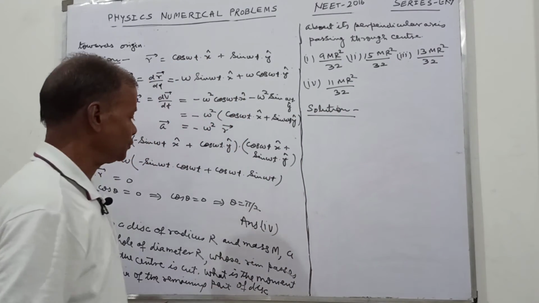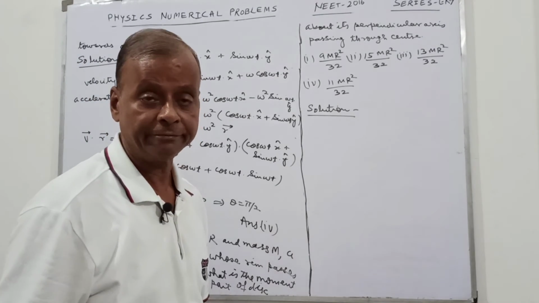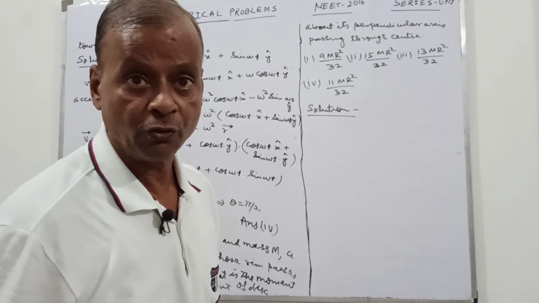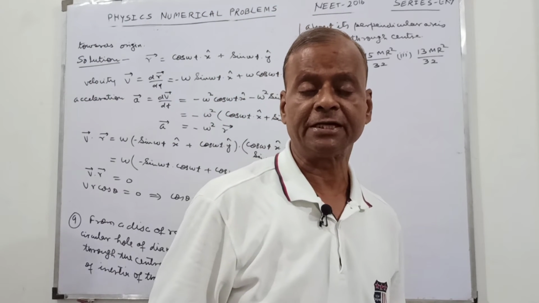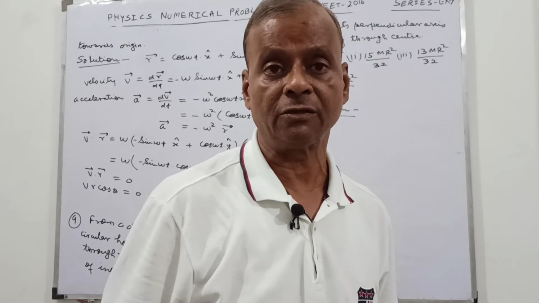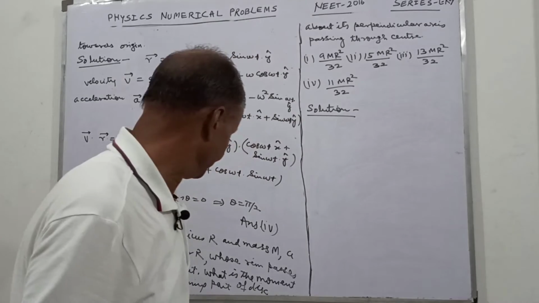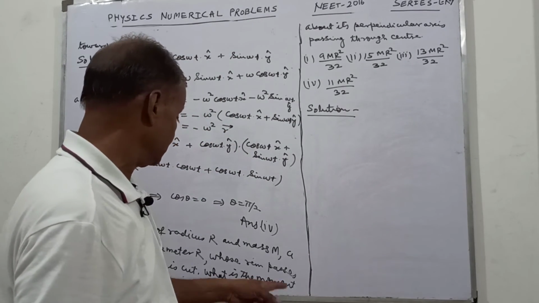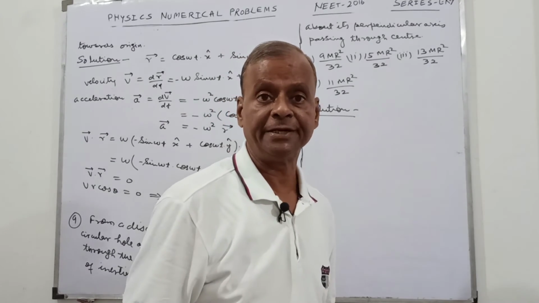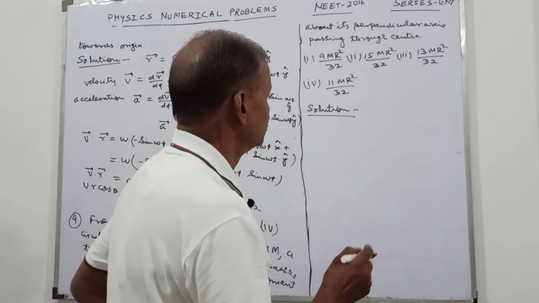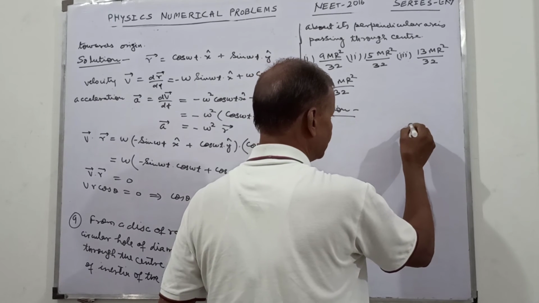So how to find the solution? You are given a circular disc of radius r and mass m, from which a hole of diameter r is cut in such a way that its rim passes through the center of the disc, and then you have to find the moment of inertia of the remaining disc. So now if I draw the diagram, then you can see that